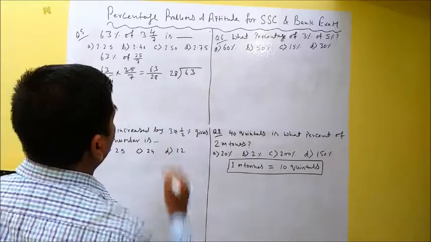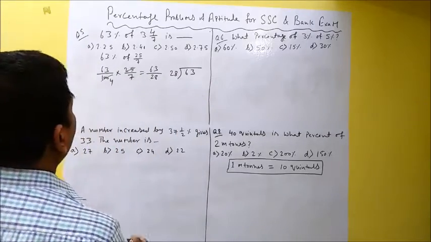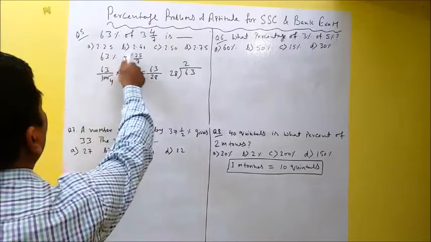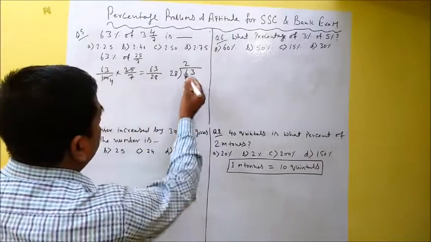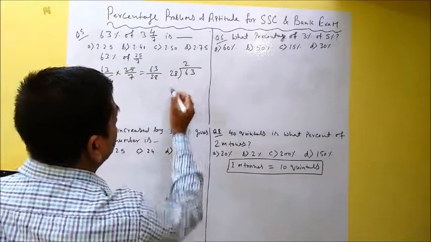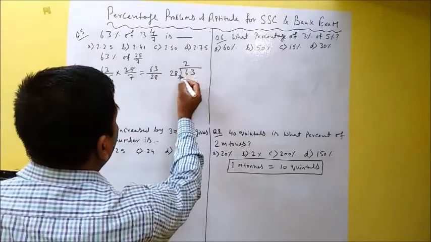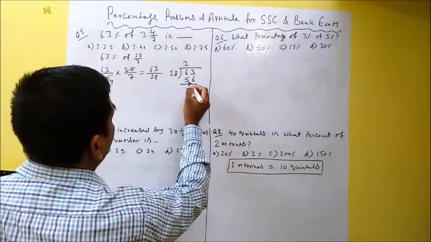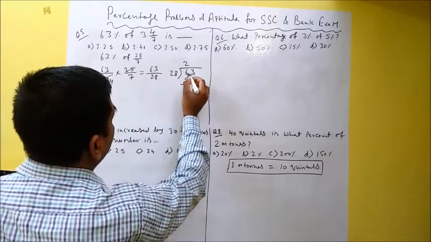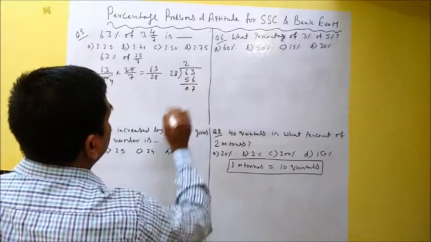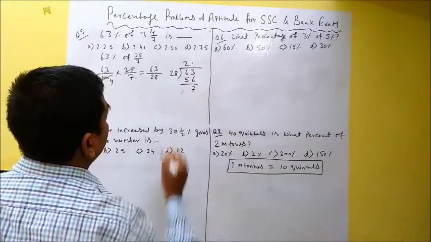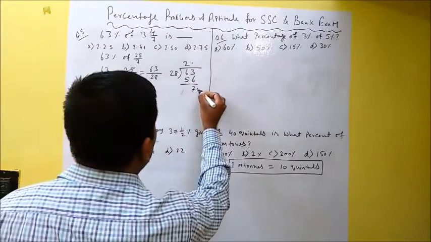63 divided by 28, and it will go 2 times. So we can see in all the options 2 is there. Okay, so that also confirms that definitely it will go 2 times, and 8 2s are 16, 56. So 63 minus 56 is 7, and this is 0. So 7 will not go 28 times. Let's remove it. So we have to give a decimal, then this becomes 0.